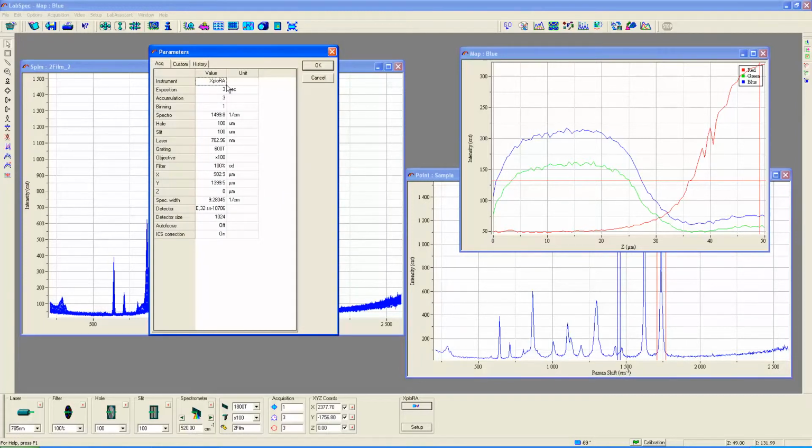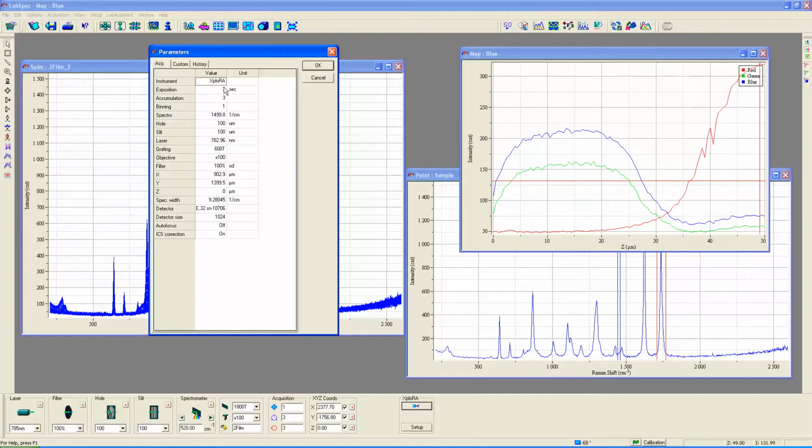Now we can click on this letter I here for information about the experiment as it took place, and this is where all the metadata are stored, so that you can see that what I used was the Explorer, and I used a total of 9-second integration time. I was being kind of slow. I wanted to make sure that I got as good a signal to noise as I can with the slit being at its most narrow position, 100 micrometers, and the hole at its smallest position for the Explorer, 100 micrometers,